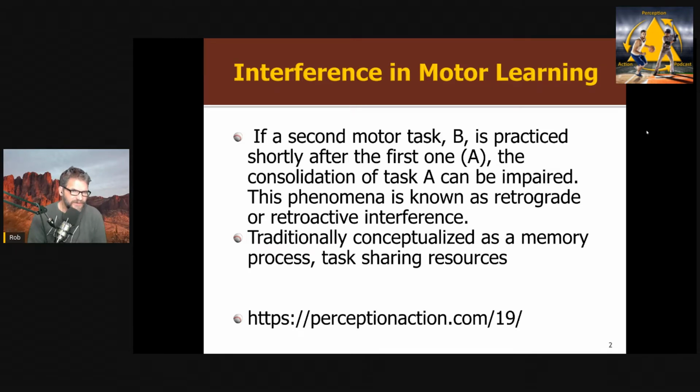Traditionally, interference is conceptualized in a very information processing view. The idea here is that after I stop practicing task A, I've developed these proceduralized memories that are still consolidating, right? So they're still being formed, they're still being stabilized, and if I do another task B too quickly, this disrupts this consolidation process and disrupts motor learning, right? So what I want to do is look at an example of that in a task today, and then talk about how this might be looked at in an ecological framework.